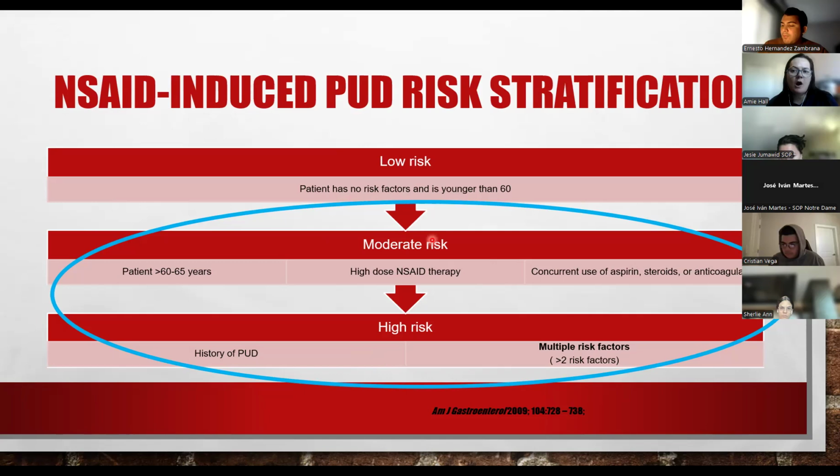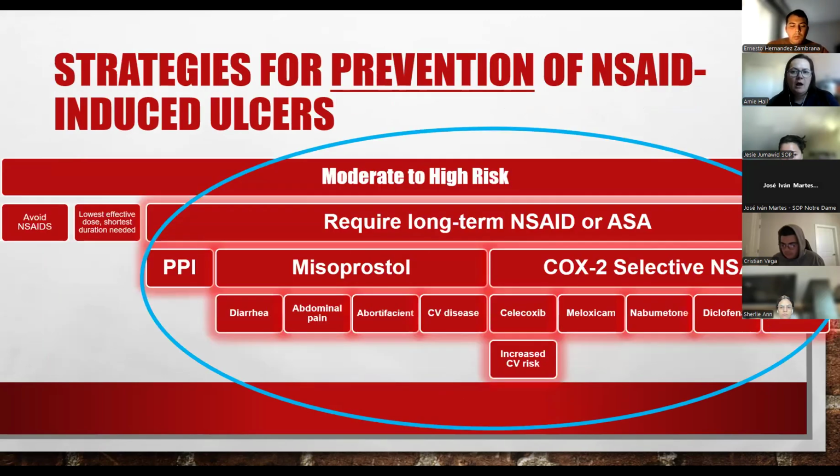So for patients who are moderate to high risk, we need to come up with a prevention plan, because a lot of times we have to use NSAIDs. There's no good alternative. So if we have to use NSAIDs, we need to come up with a prevention plan. And so our strategies for preventing for patients that are moderate to high risk: obviously avoid NSAIDs. Again, not always possible. We want to use the lowest effective dose for the shortest duration. Again, that's nice in an ideal world, but what if somebody has chronic pain or a chronic condition that requires